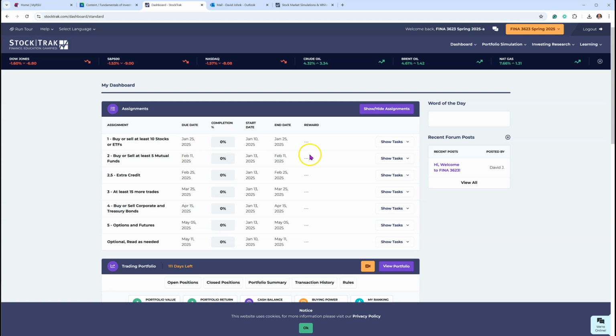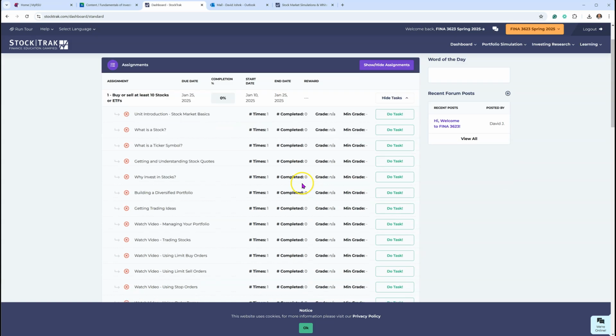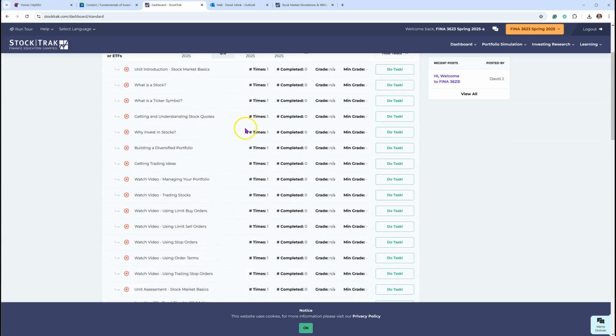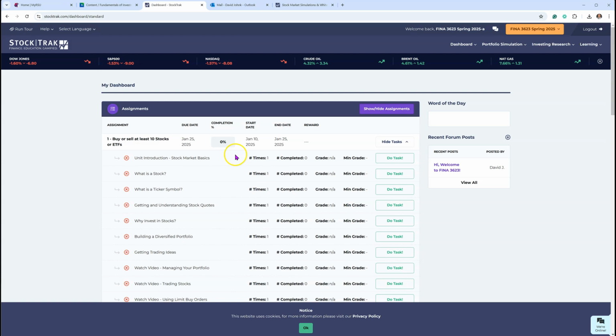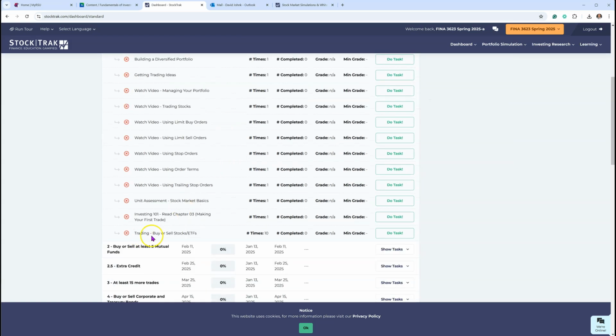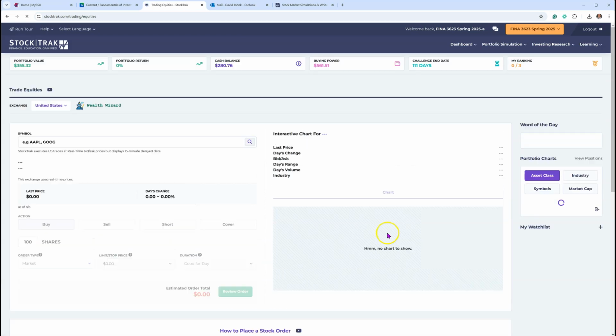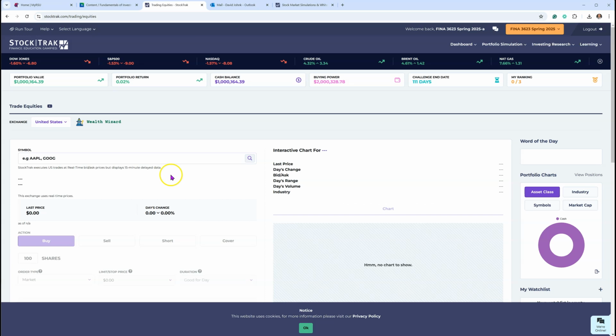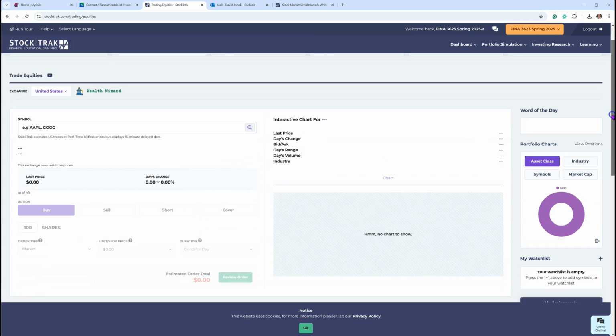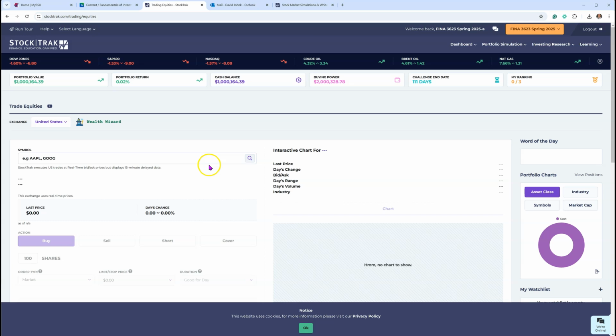So for this first assignment, you can go here, and it says show tasks. This is a bunch of reading. You don't necessarily have to do the reading, but you really need to do this last one, trading: buy or sell stocks or ETFs at least 10 times. So you can click here on do task, and it says trade equities. You could also trade other things, but